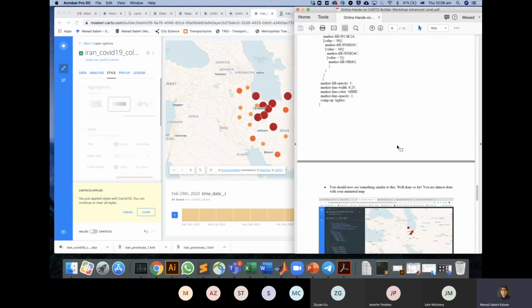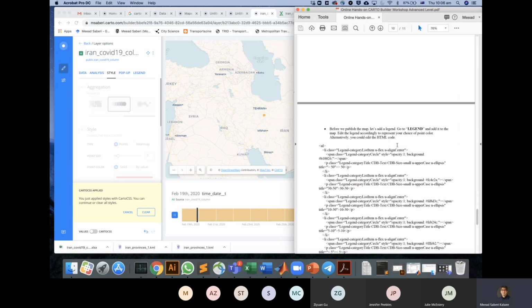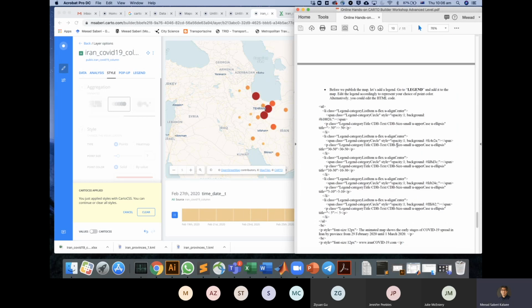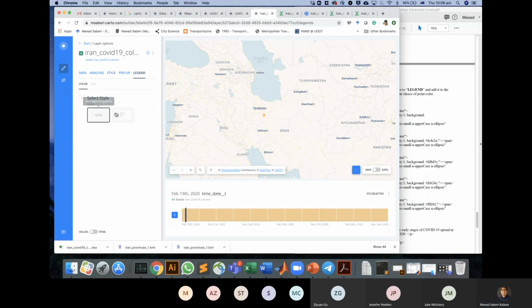Let me see what else I have in my PDF file. Yes, I also need to add a legend, right? Because again, this map doesn't have any legend. It doesn't tell me any information about what each size represents, what each color represents, right? So let's go to the legend. I can create a custom legend, but again,